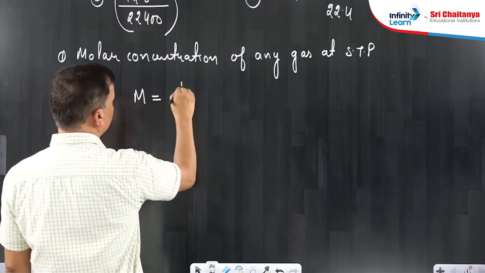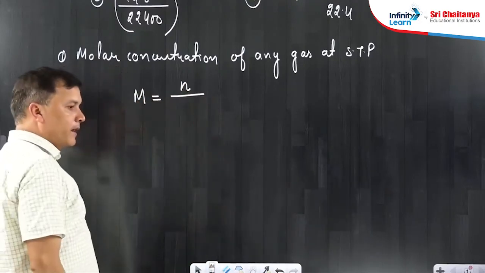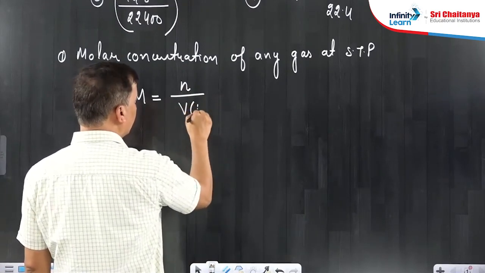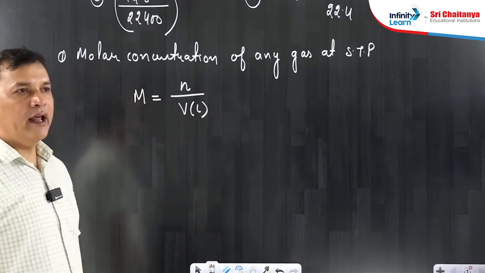Molarity is equal to what? Number of moles upon given volume. Volume must be in liters. Now we know for every